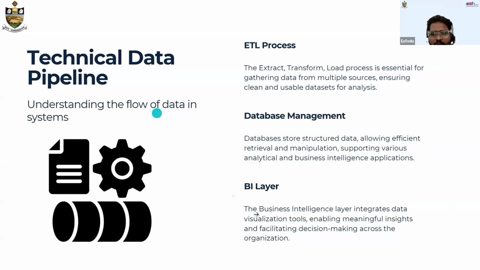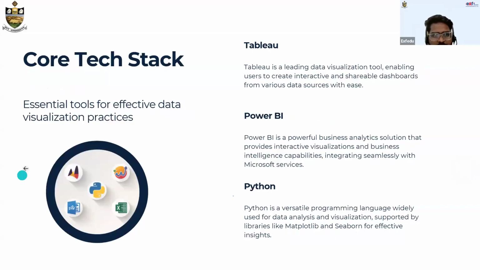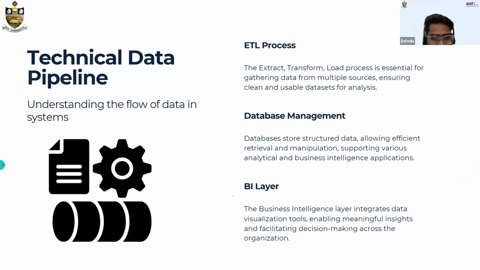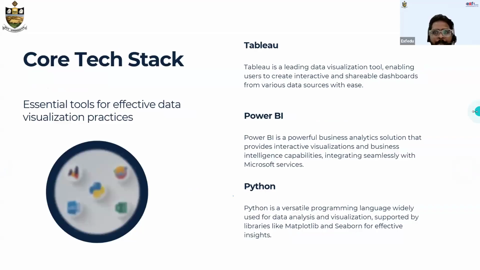So what is the BI layer itself? The BI layer is where you are provided with a workspace or environment with all the visuals you require, whether it's a bar chart, line chart, or whatever. Based on the problem statement or the visuals you need to make, you will pick the right chart and choose the right constraints to make a visual. That's all about it. So you have done your visualization part.